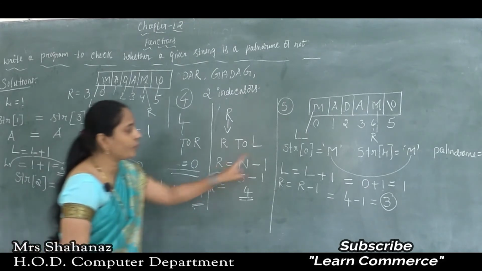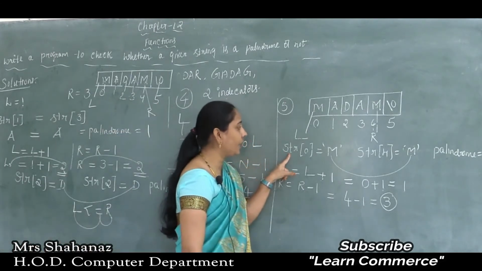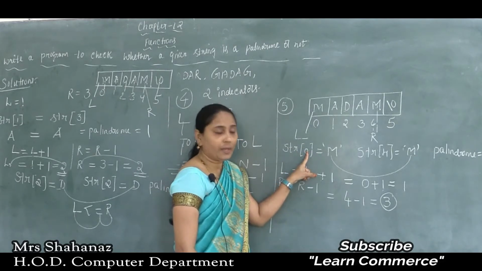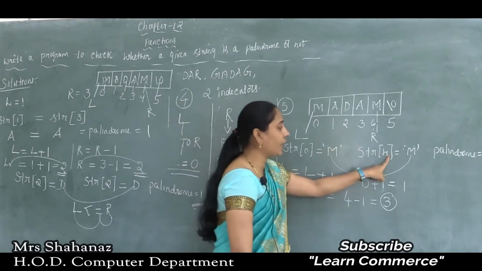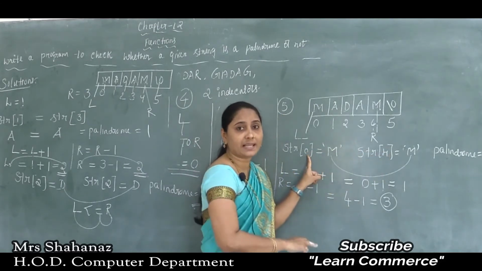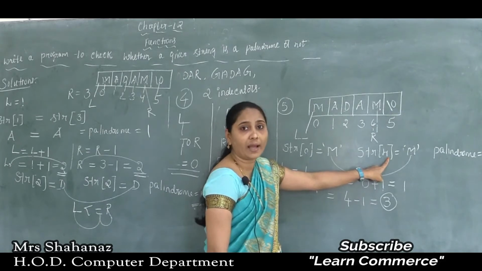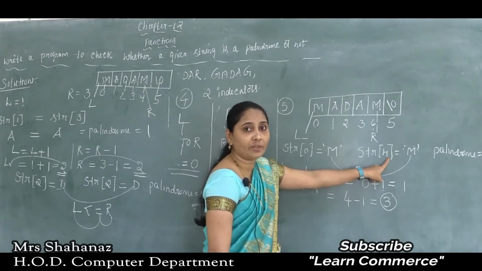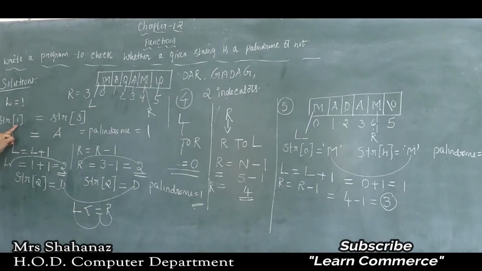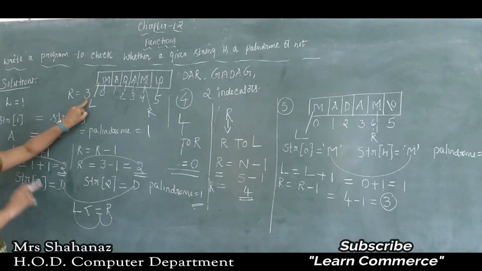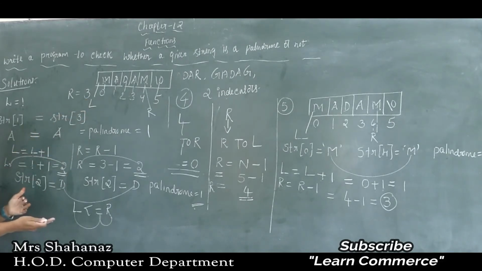So this is our first solution. The L value is 0 in this case here, and the R value is 4. That means the L value is less than the R value. Correct? When L is less than 4, we can check the character here. And next, when we compare the next thing, the L value is 1. When compared with the R value, 1 is less than the R value. That means we can compare the character.